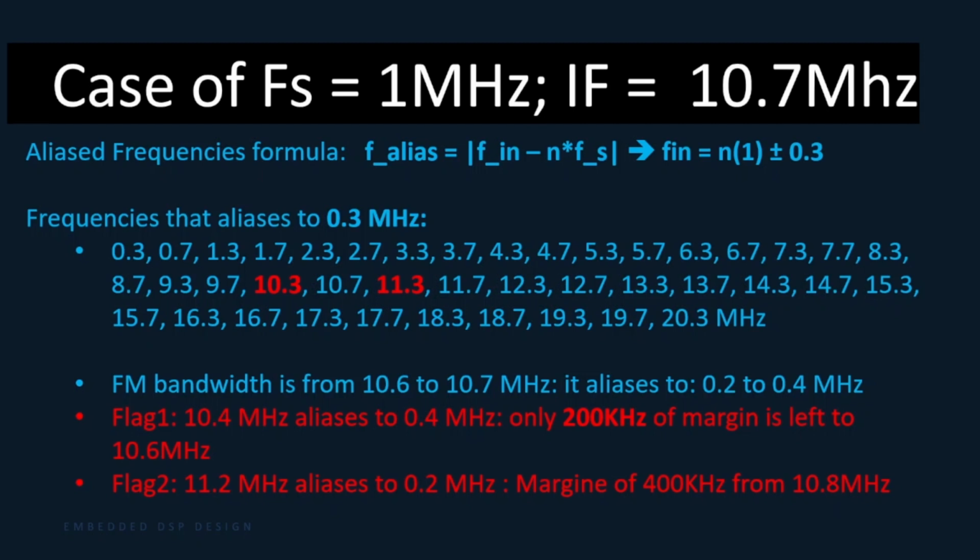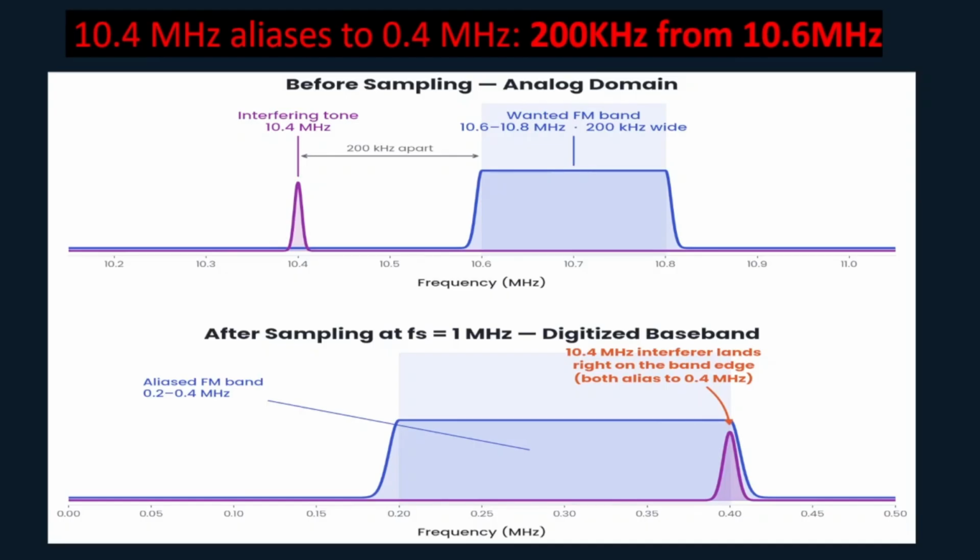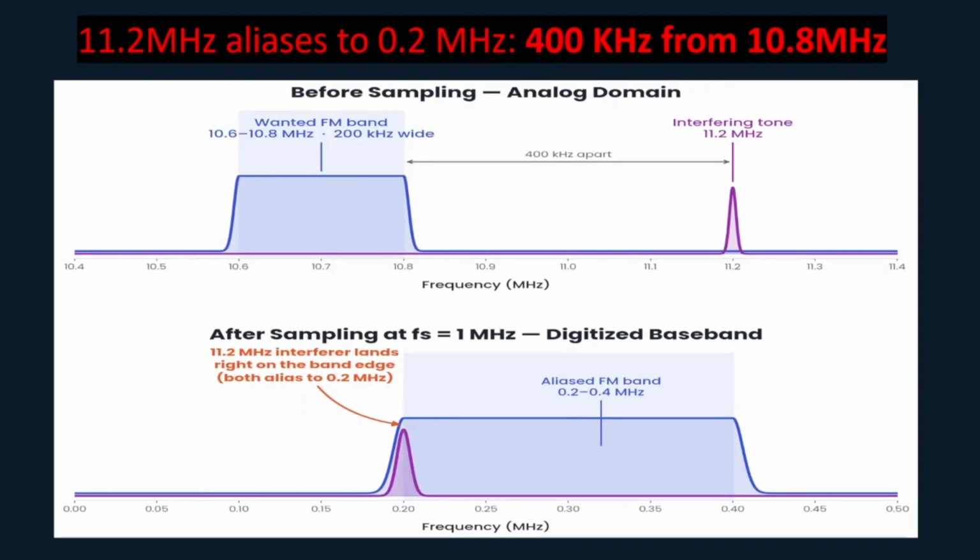So in this case, we have 400 kilohertz of margin from 10.8, our IF. So in both cases, on the lower side, we have 200 kilohertz from the lower edge, as you can see here, and on the upper edge we have about 400 kilohertz. So if you want to go with a sampling frequency of 1 megahertz, then you may have